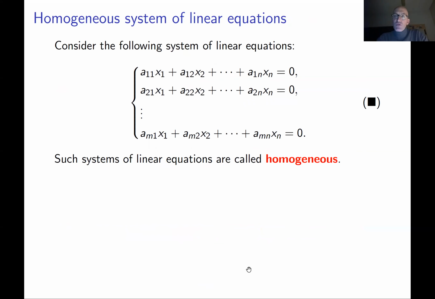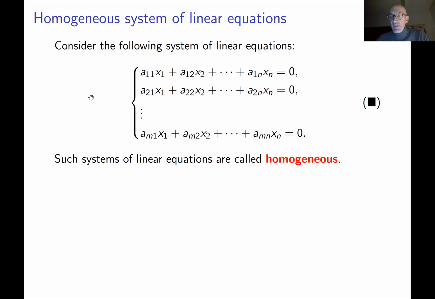Okay, to approach the solution of systems of linear equations consistently, let's first consider a slightly special case of our system, where in the right-hand side of our equalities we get only zeros. So this is basically the same system of equations as before, but all these b1, b2, bn numbers are zero. Such systems of linear equations are called homogeneous. But this is something we already know how to deal with.